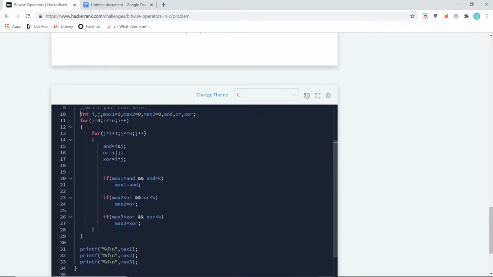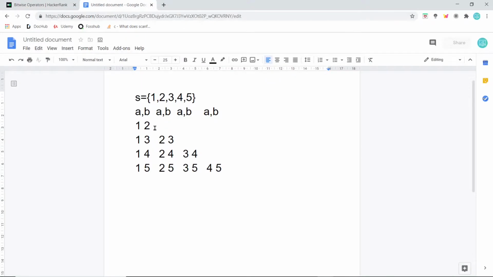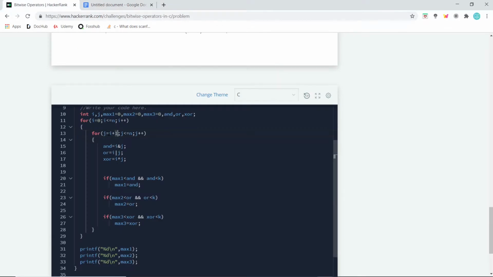Now we go inside this for loop, we get the second for loop which has j as the counter. So j will be starting from i plus 1. Now this happens because the value of b must be higher than a at all times. So here we see when a is 1, the value of b starts from 2. When a is 2, the value of b starts from 3. When a is 3, the value of b starts from 4. Okay, so since b is always at least 1 higher than a, we have to initialize j is equal to i plus 1.